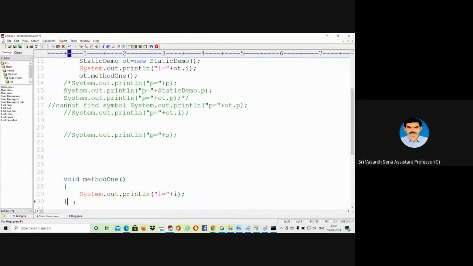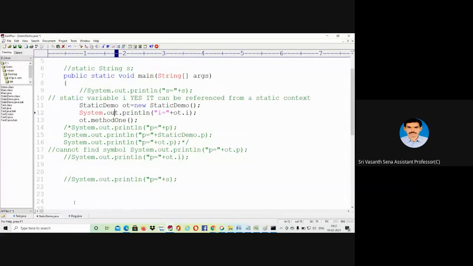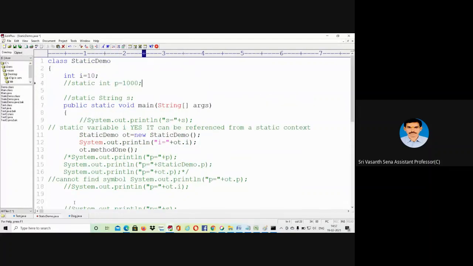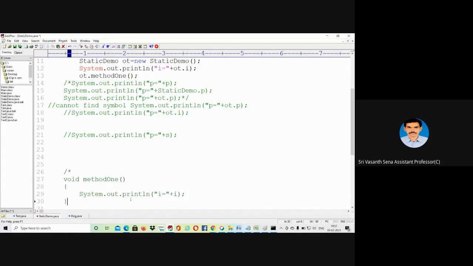So this is similar to our previous example, right? From the static context, by using the object of this class, you can invoke this instance variable. i is an instance variable. You can directly invoke it from this static context. You are calling this method1, a non-static method, and from here you are directly calling this variable i. So this was previously explained. All right, the same as before. So next,